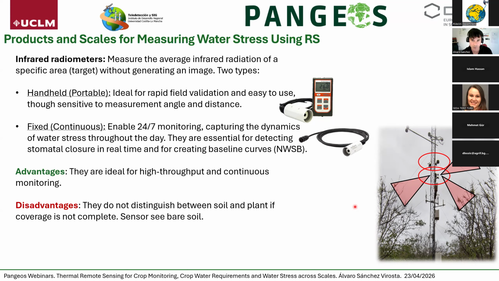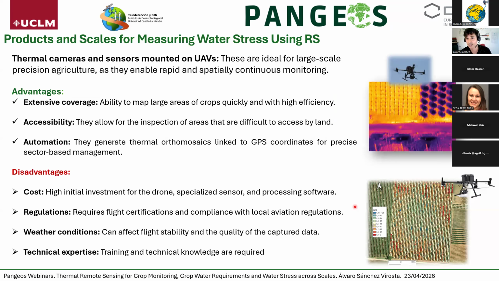So they have many advantages, but also some limitations. About the thermal cameras and sensors mounted on UAVs, on drones, of course, the main advantage is the extensive coverage that we can measure with them. With the drone, we have the ability to cover an entire plot of, for example, this one is around 10 hectares in just 20, 25 minutes. Also, the accessibility. Imagine measuring plot by plot in a big area, for example, in a maize farm, where it is challenging to go through because of how tall the plant is. I'm using the example of maize, but this can be said for many other crops. So accessibility is another advantage of drones, and the automation. The fact that the images are geolocated and that you can distinguish the plants very easily allows for precision agriculture